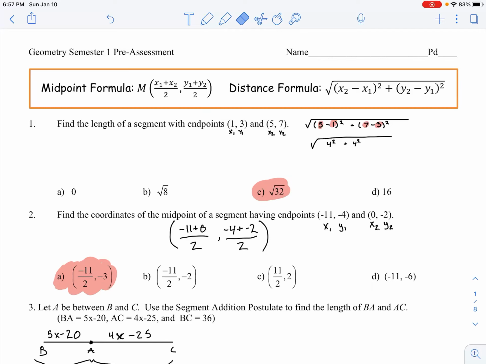In this video, we are going to be going over the Geometry Semester 1 pre-assessment for the semester test. These questions are very similar to semester test questions that you may see, so what I encourage is that you take out a pencil and a paper, and maybe you could even write on your pre-assessment,